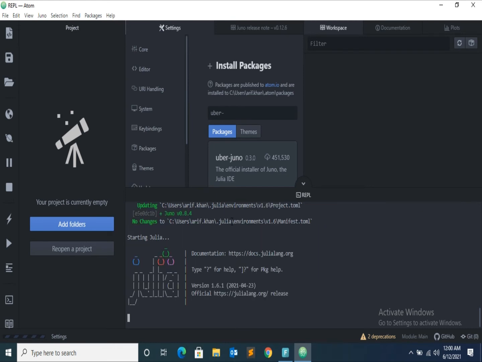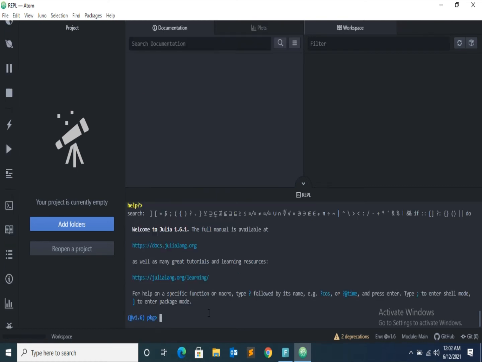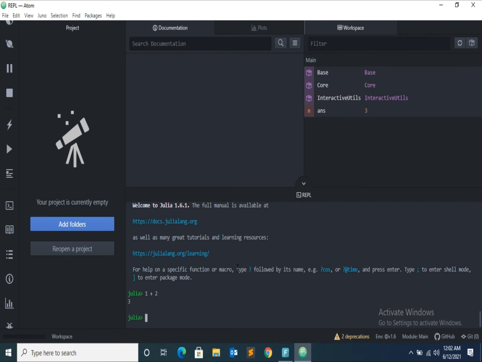Now you can see the Julia image and Julia banner on the screen. You can see here the green Julia prompt. By pressing the right square bracket we can go into package mode, and by pressing backspace we can go back into the Julia command prompt.